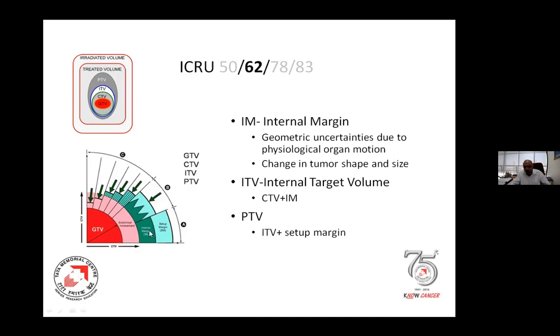we add an internal margin. And if we add a setup margin and just go on adding, it becomes so big that it is not a smart idea to treat. So we need to devise some mathematical models so that we can reduce the setup margin. Even with some form of intervention, can we further reduce this setup margin?